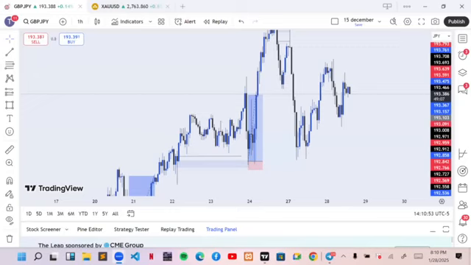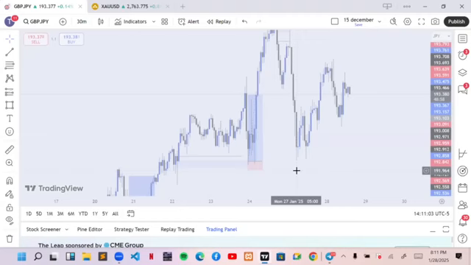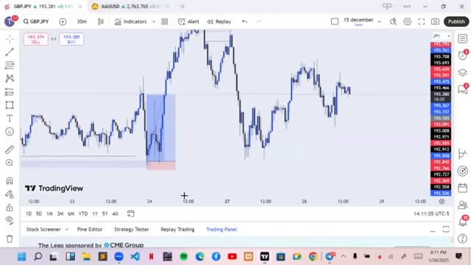So this is actually the class that sums everything up. Now there is something that people still need to get a hang of: knowing the directional bias of the market before you start looking out for trades. Before you start looking for your structure shifts and your inducement, you first need to understand the direction the market is going to. Don't just start looking for a random structure shift. Understanding where the market is heading will give you a better